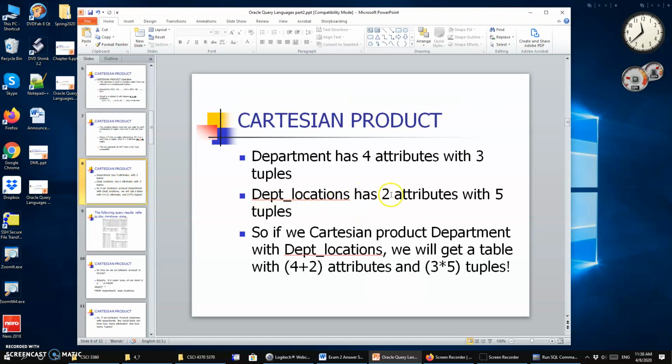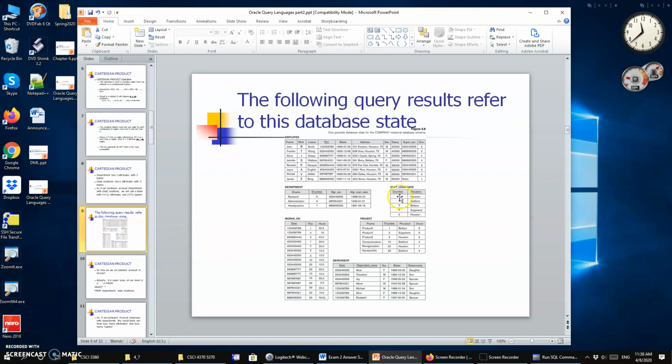Now, department locations has only 2 attributes with 5 tuples. So you can see that department locations has 2 attributes with 5 tuples. Therefore, if I'm trying to do a Cartesian product from the department table cross product with the department locations, it will end up with a table with 6 attributes. So you can see that 4 attributes from department, 2 attributes from department locations, and the number of tuples in